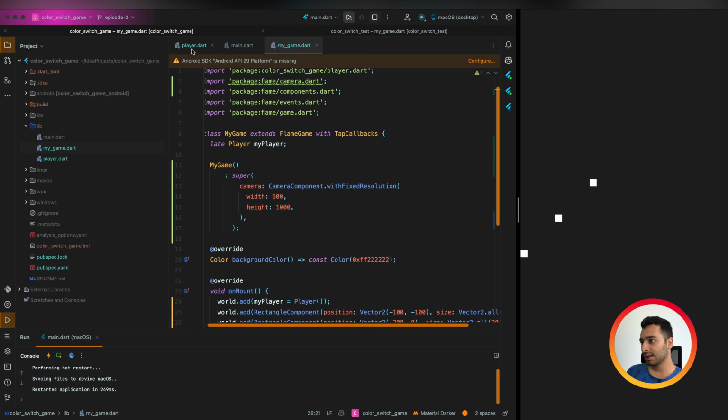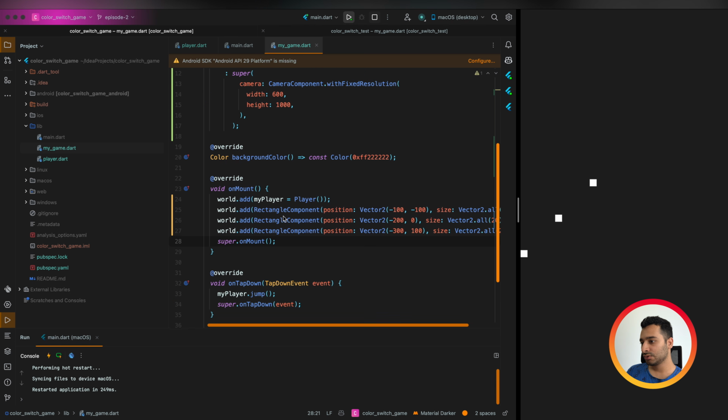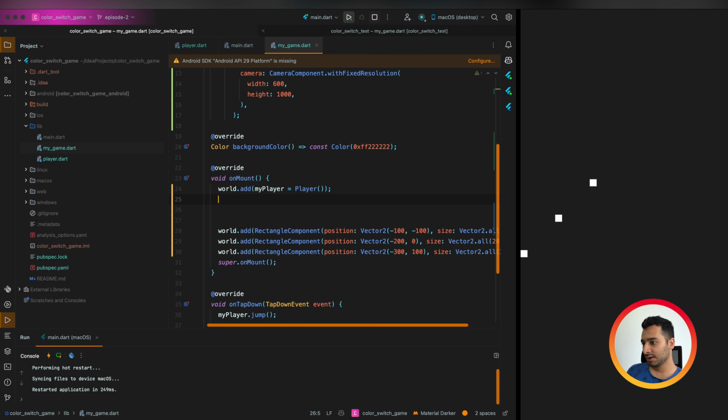And now we can do some logic here. We have access to camera here, and camera has a method called follow, which you can pass a position provider component, which our player provides a position.